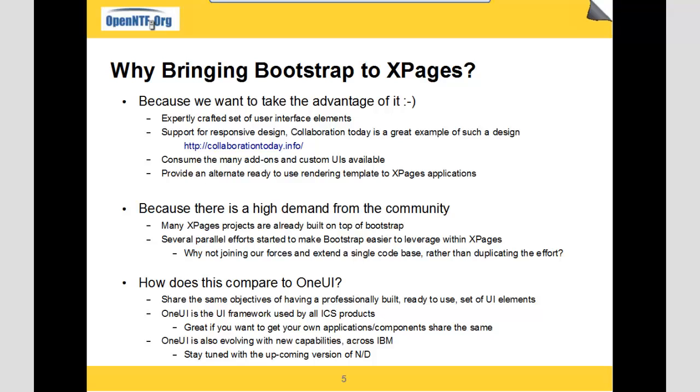So why bring Bootstrap to XPages? Of course, the first and obvious reason is we want to take advantage of Bootstrap. We want you to write very sleek applications using XPages. So reusing Bootstrap and all these UI elements really helps for building very nice XPages apps. Also, because it has built-in support for responsive design, we want you to be able to